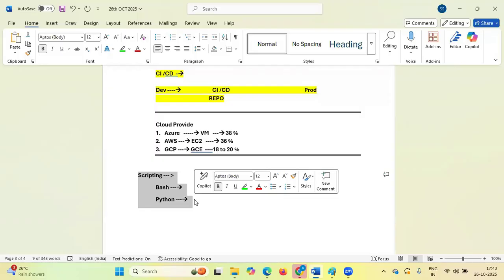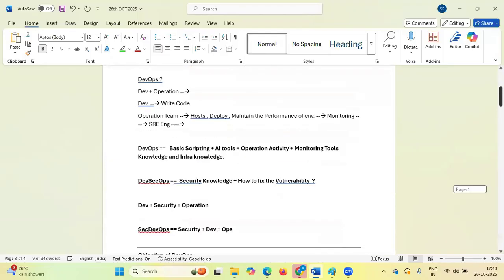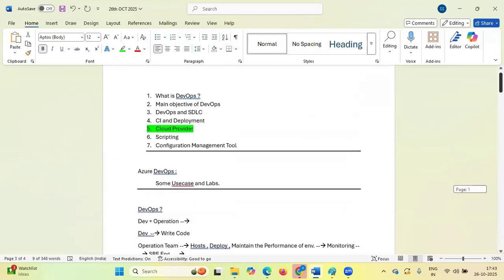Also, there is one more terminology which I have used here, which is configuration management tools. Nowadays, you guys must have heard about Ansible, correct guys? Ansible and all, or Nginx, those stuff. If you have the basic understanding, then it is fine. And if you do not have, then we will provide you. Okay, clear guys?